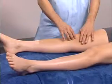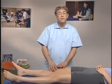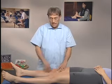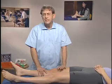Then you'll do the swelling test, pressing down, seeing if there's any movement outward. Now sometimes there'll be no swelling and there'll be no limitation, but there'll be grinding and the patella press will be painful. And the story will tell you the rest. And of course, stop immediately when